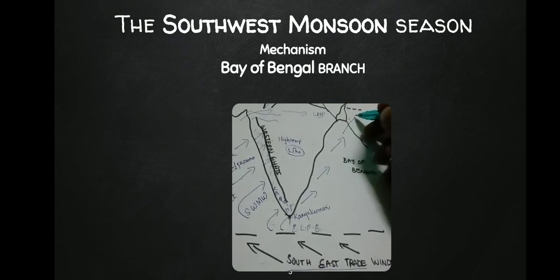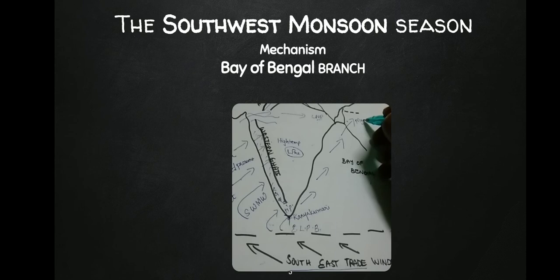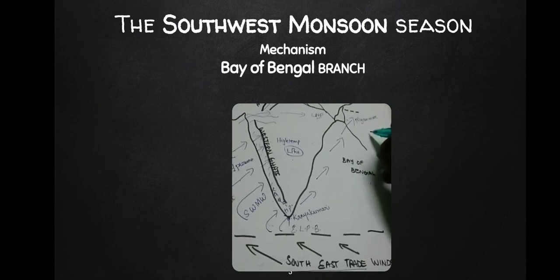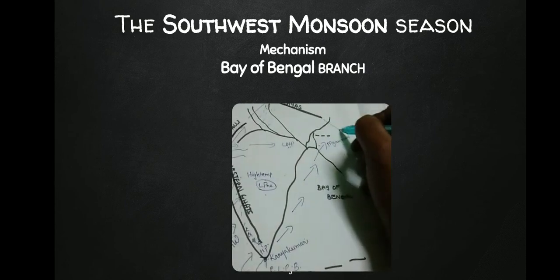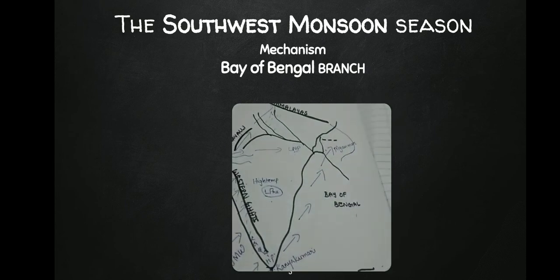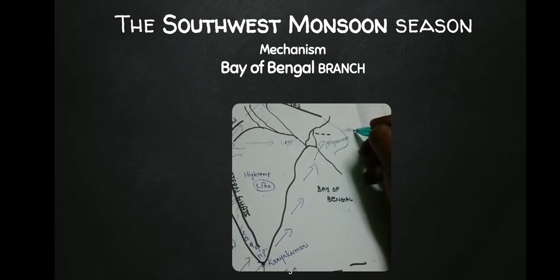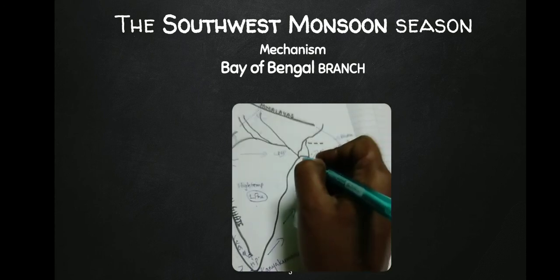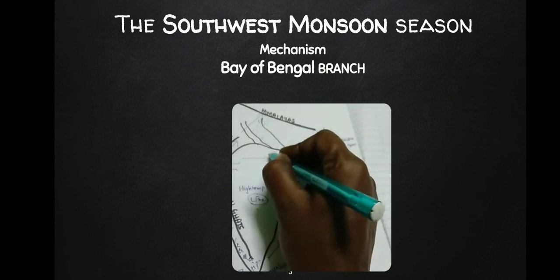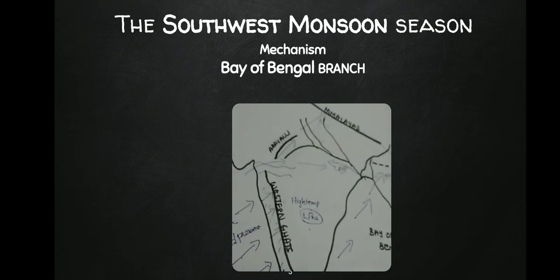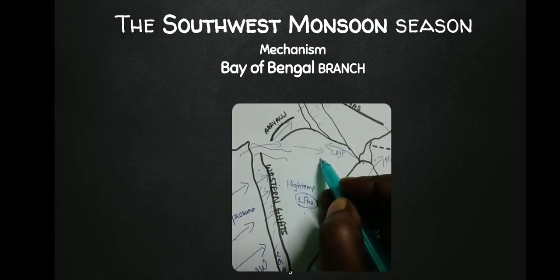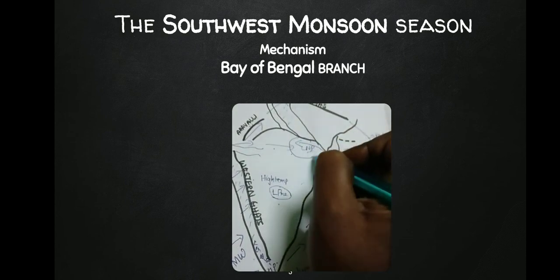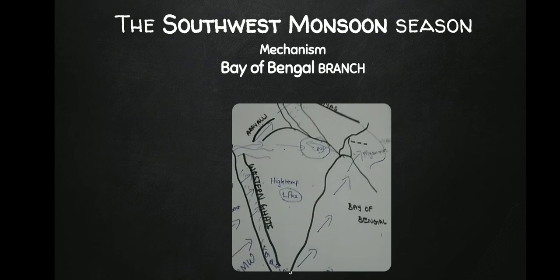It blows towards Bangladesh and Myanmar, that is Burma. We have the Himalayas continuing there as the Arakan Yoma hills. So as they hit, they take a diversion and blow over the Chota Nagpur Plateau. Here is where the Arabian Sea branch and the Bay of Bengal branch meet to give rainfall in Chota Nagpur Plateau.